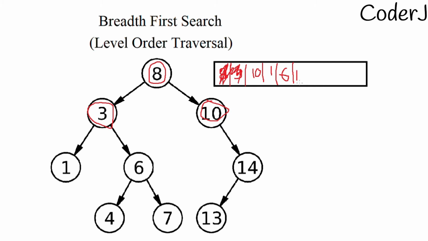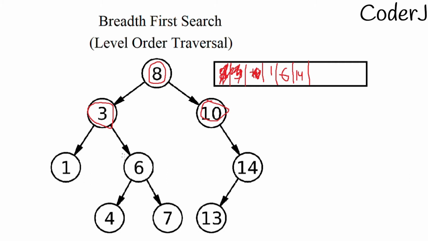So I'll say, okay, push its right child into the queue. So I'll push 14. Since I'm done with this part, I've already pushed all of its children in my queue, I'll say, okay, remove 10, remove the first element of the queue. So even 10 has been removed. Okay, so we are done with this. Now I'll come to 1, right? Because 1 is the first element of the queue. All these elements have been discarded.